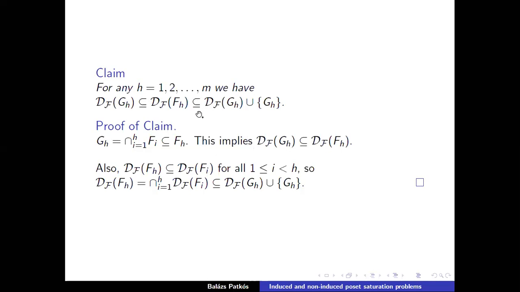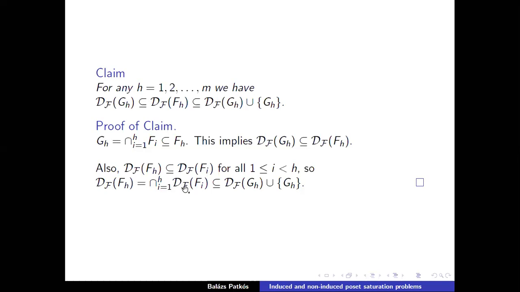For the other containment, we use the fact that this is a 2C2 free family, so we had this nestedness. The way we enumerated the sets of the family, the downsets are nested. For every i smaller than h, the downset of F sub i contains the downset of F sub h. Therefore, the downset of F sub h is actually the intersection of